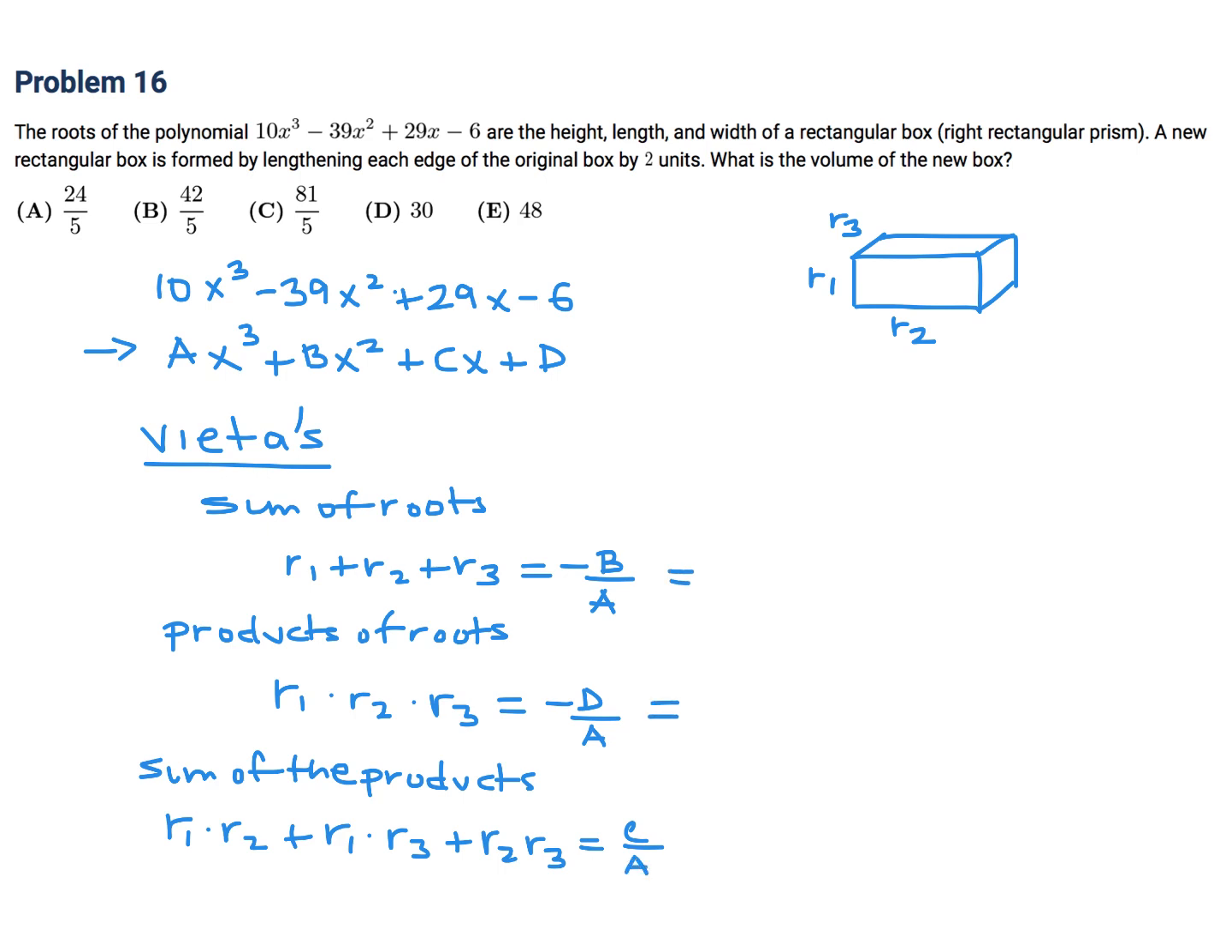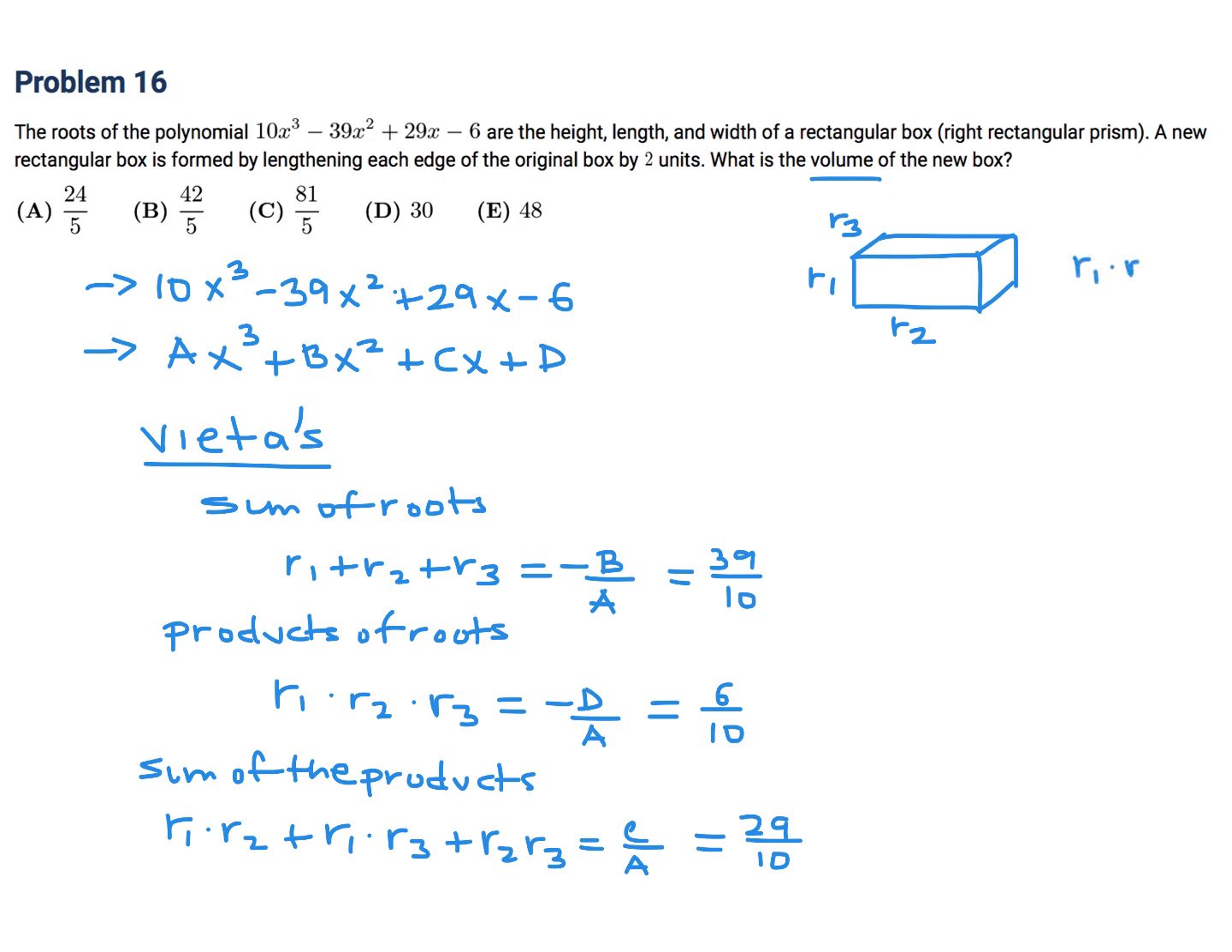And therefore, we can get this using this equation, since we have an equation with coefficients. So minus B over A looks to me like 39 over 10. Minus D over A is 6 over 10. And C over A is 29 over 10. Okay, great. So what they want really is the volume of the box, which in this case would